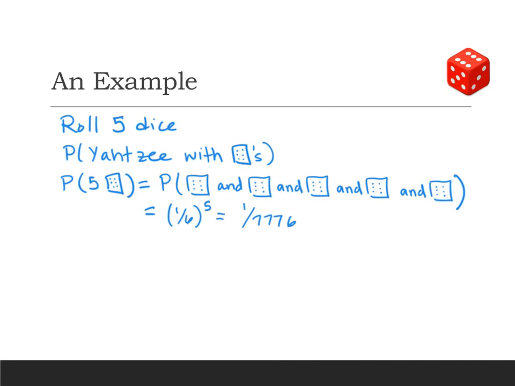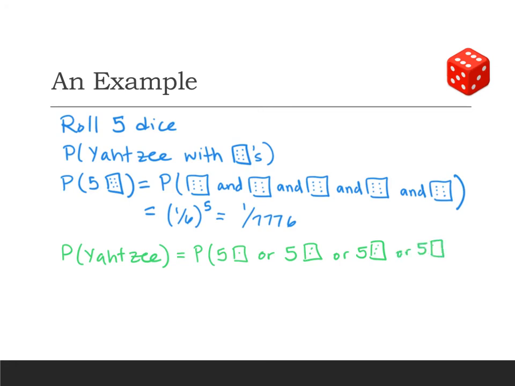The probability of getting a Yahtzee, I'll do this in green, means that I'm going to get the probability of 5 1s, or I could get 5 2s, or I could get 5 3s, or I could get 5 4s, or I could get 5 5s,